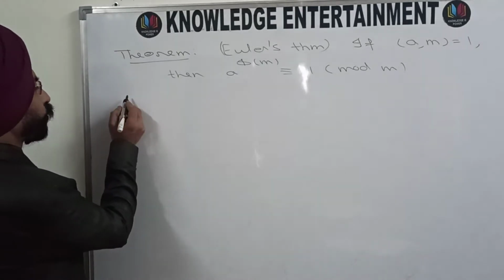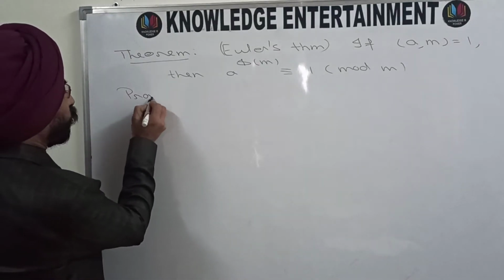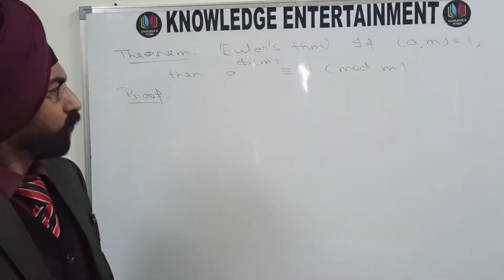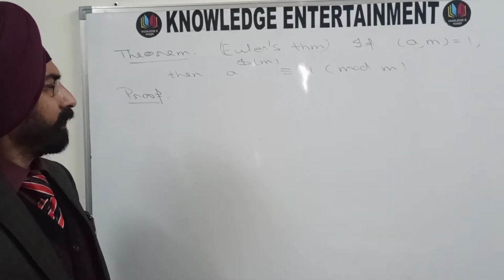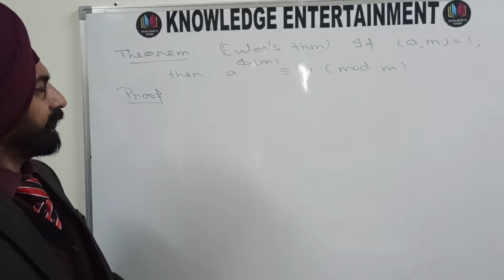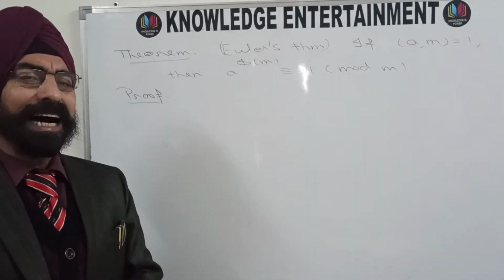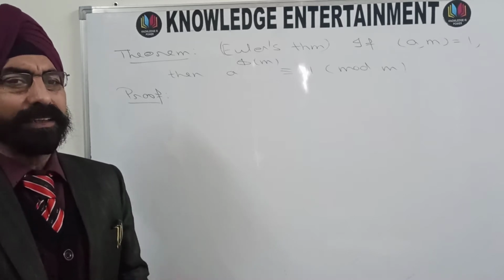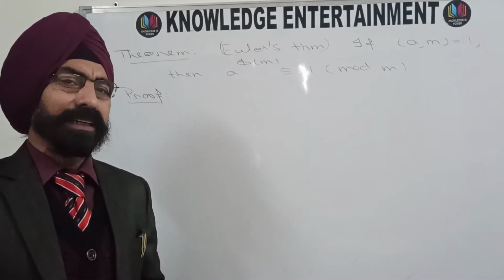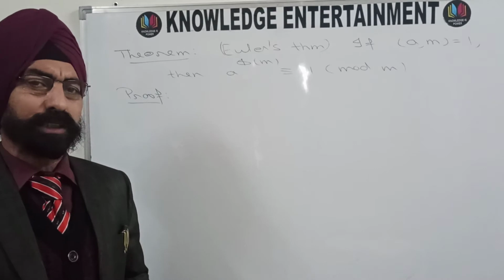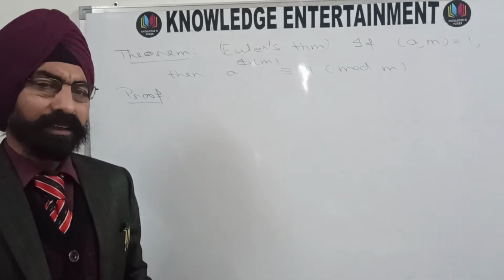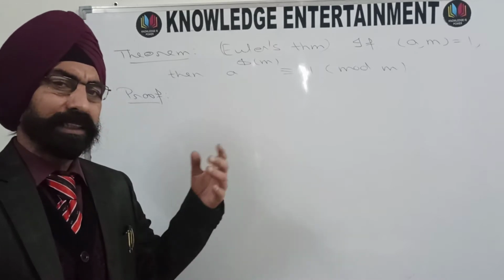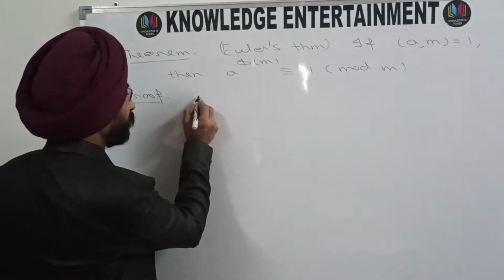And how to prove the theorem? The proof is not difficult, it's really very easy. So first of all, we will take a reduced residue system modulo m, and then we will create another reduced residue system modulo m, and from there we will move on to proving this result. So let